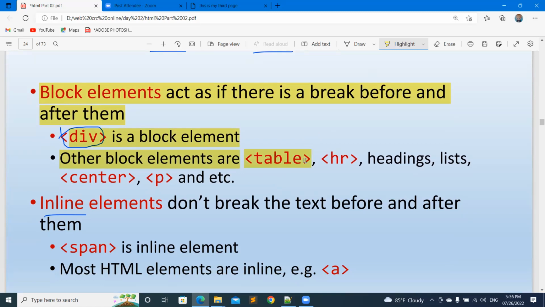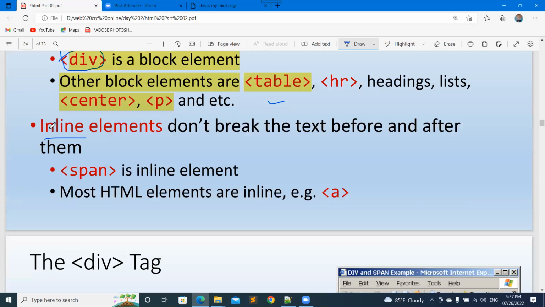The hr tag, headings tags, center tag, all of these are block elements because we can use several other tags inside these tags. But inline